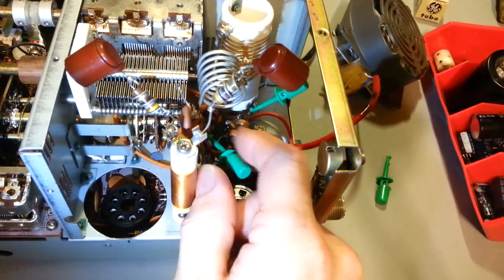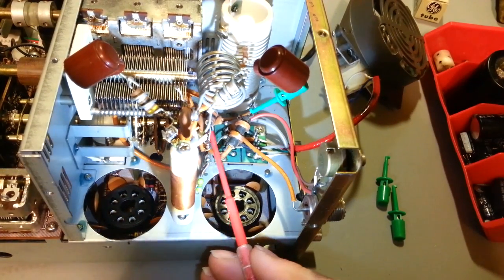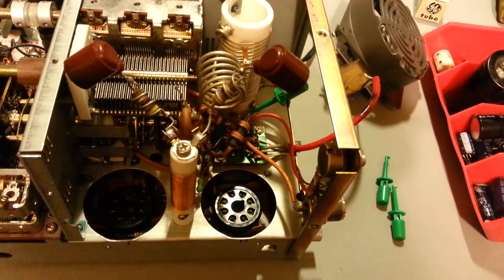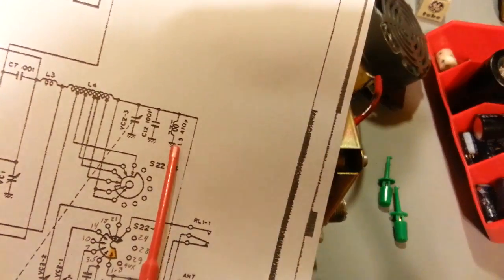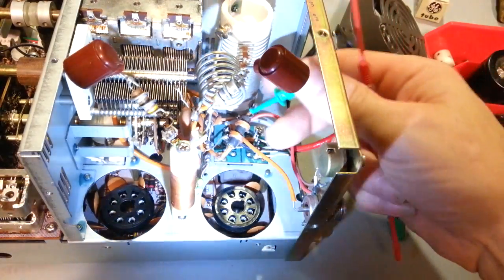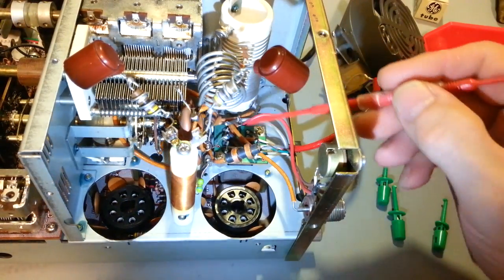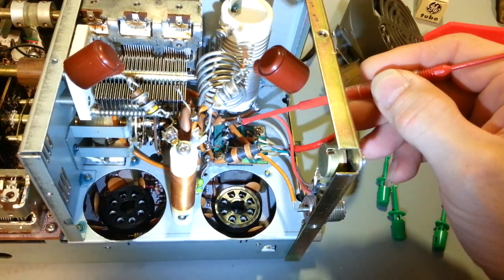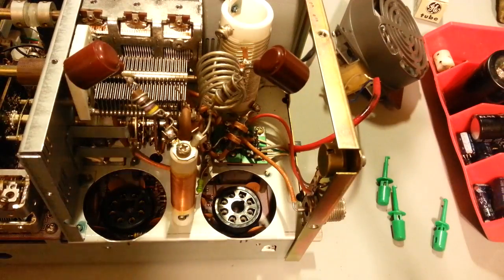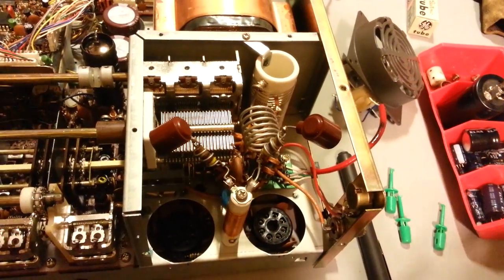So I have this little clip here. Get that pulled off. So you can see one end of that is disconnected from this point right here on the terminal strip. And then the last thing we want to disconnect is one end of L5. And I just disconnect the ground end of that. So that's this last little clip I have on here. I'm going to slide it out of the way, that's actually attached to this ground lug that sticks up off of the chassis. So disconnect that. Now, once you have those 3 parts removed,